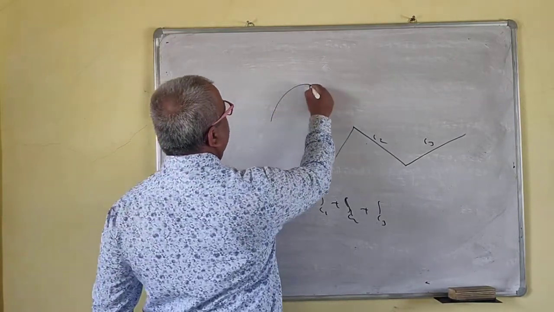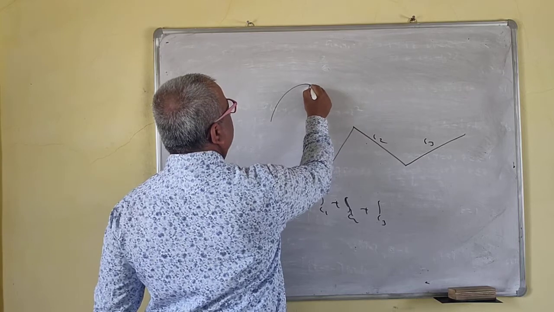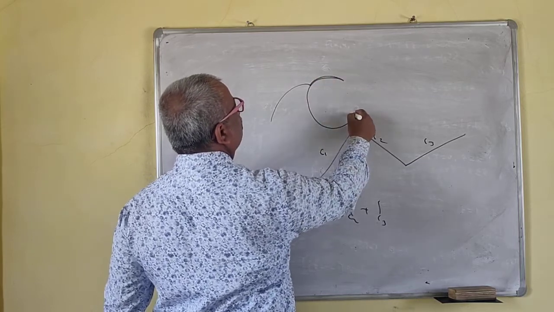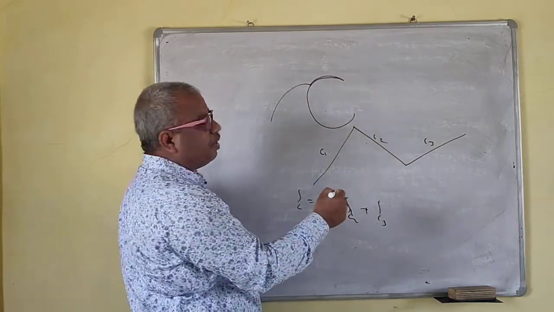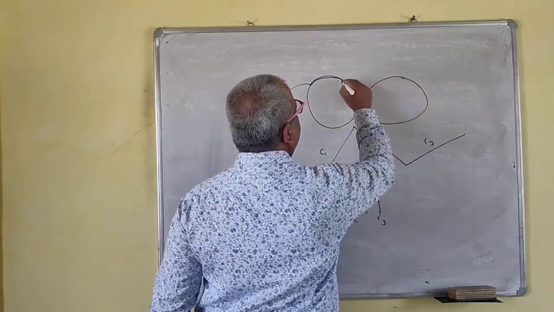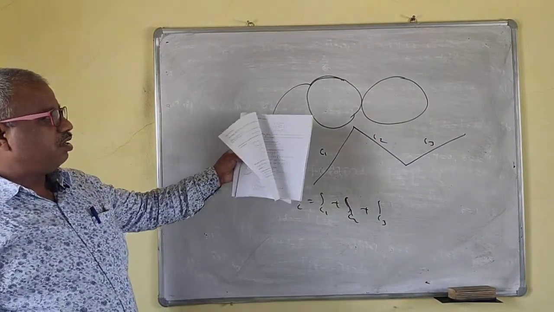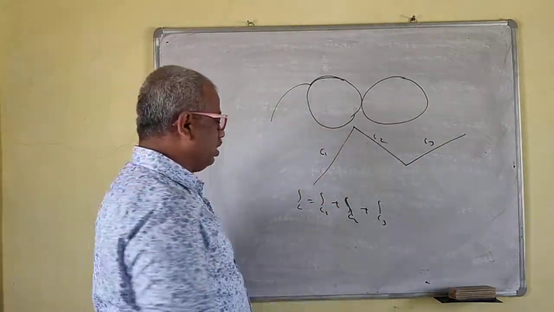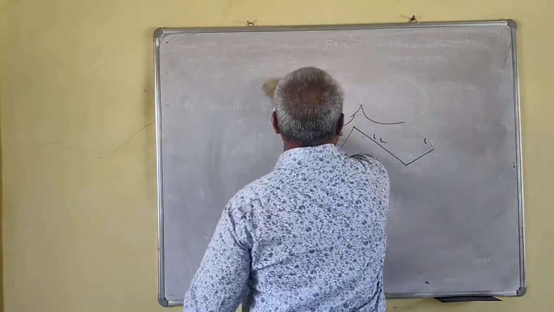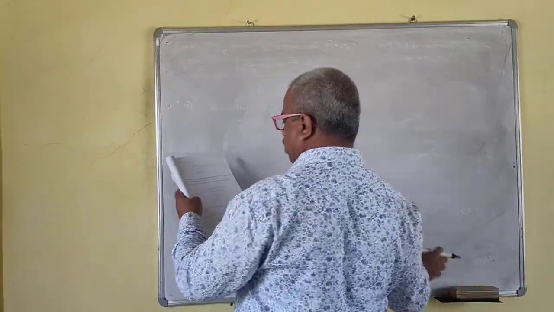You can do it like this. Suppose this is a parabola. Then this is the circle, some part of the circle, half part of the circle. Then this part will be the ellipse down there. Something like this is your curve. Then this is C1 plus C2 plus C3. So we did the same thing in this problem.